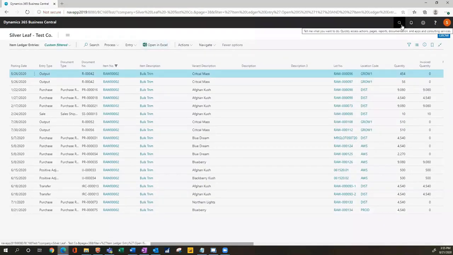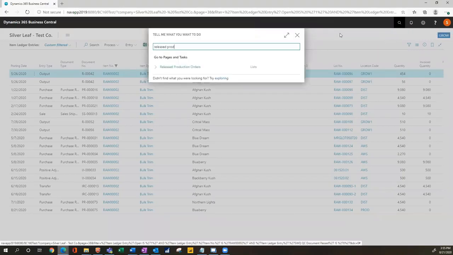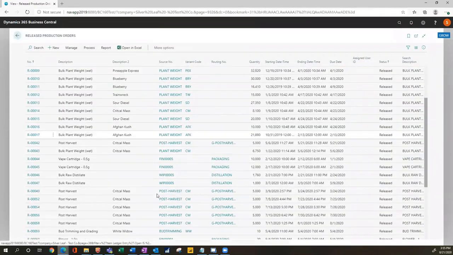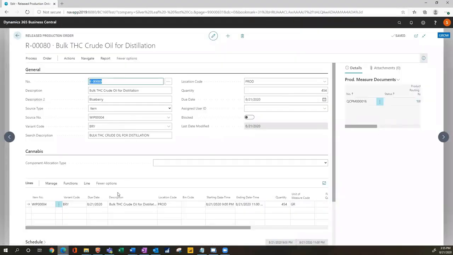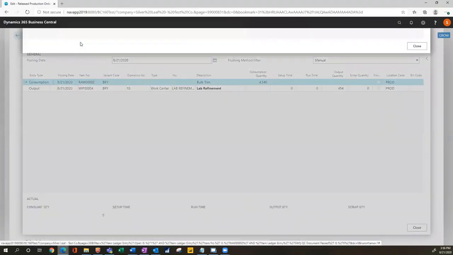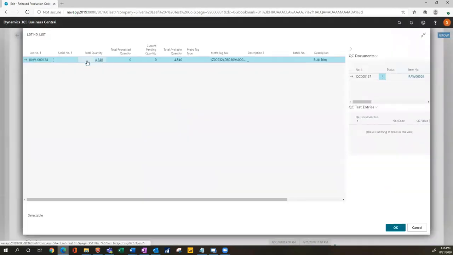To show you that QC unavailable inventory cannot be used, I will be going to a released production order that contains the bulk trim as material to be consumed. So going within this production order, I will be going to a production journal and selecting my lot to consume my material. So within here, I can select my lot,